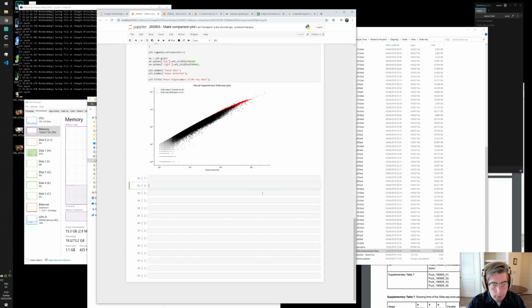And of course what we could do, just to be a bit more quantitative than just looking at this plot,